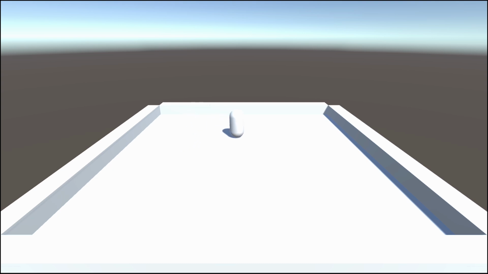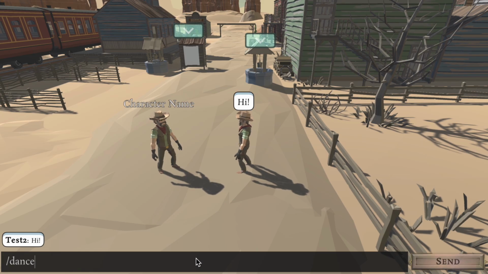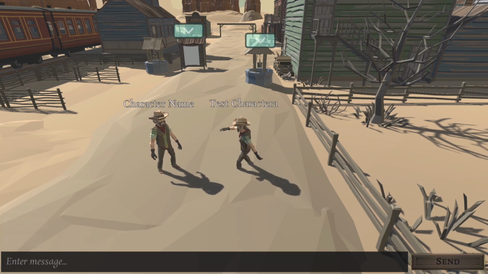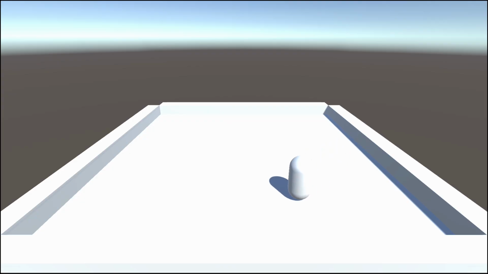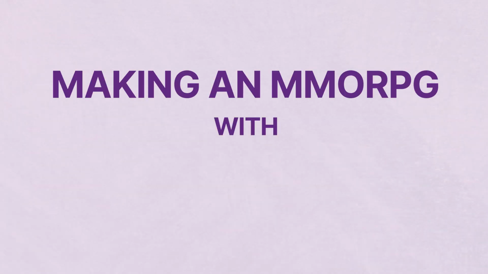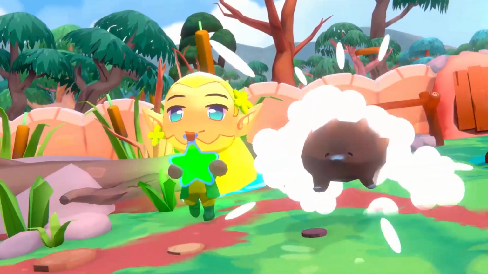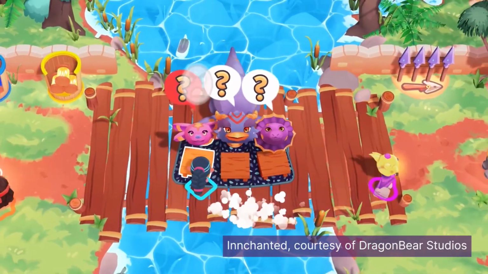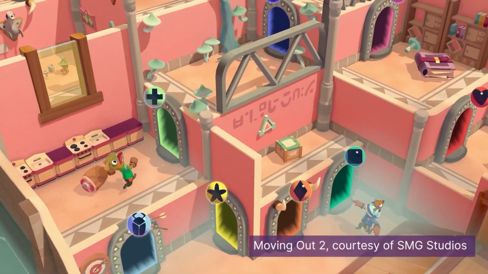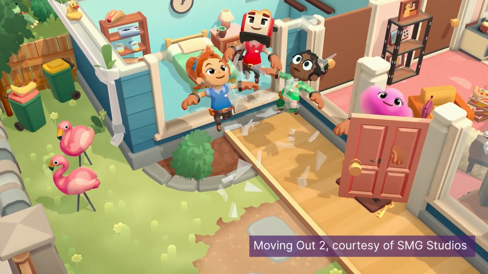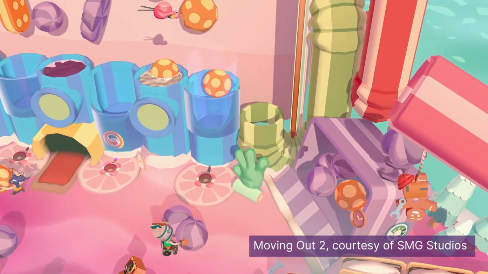This is a video game, and we're going to turn it into an MMORPG. Now, granted, it's not a very fun video game yet, but that's okay, because today we're just going to focus on the network infrastructure. We've worked on a lot of different projects at Noble Steed Games here, but I've always wanted to explore making an MMO, so that's what this video series is going to be.